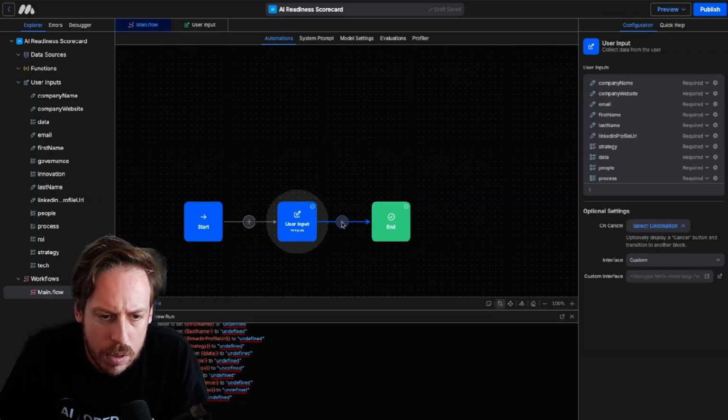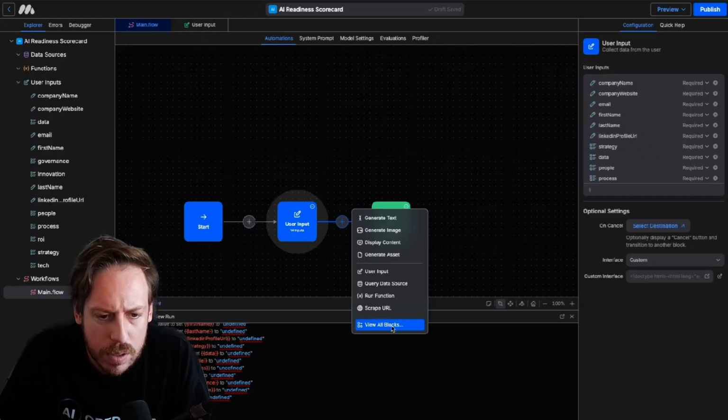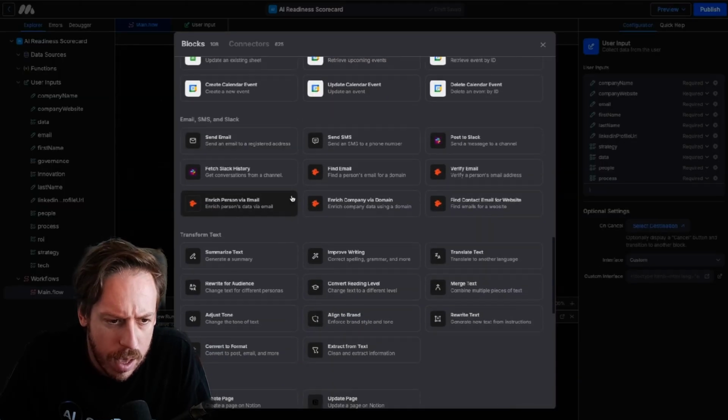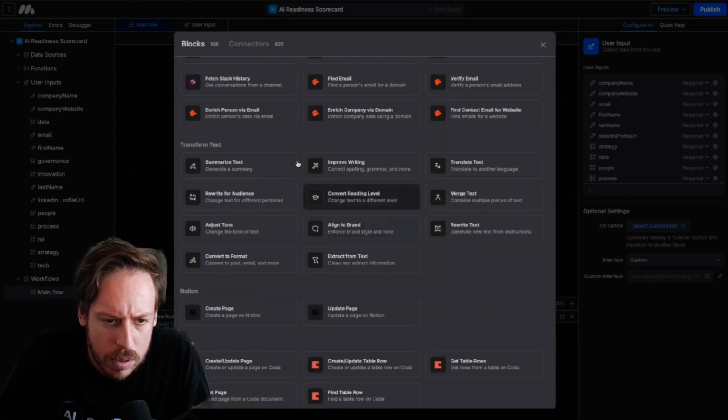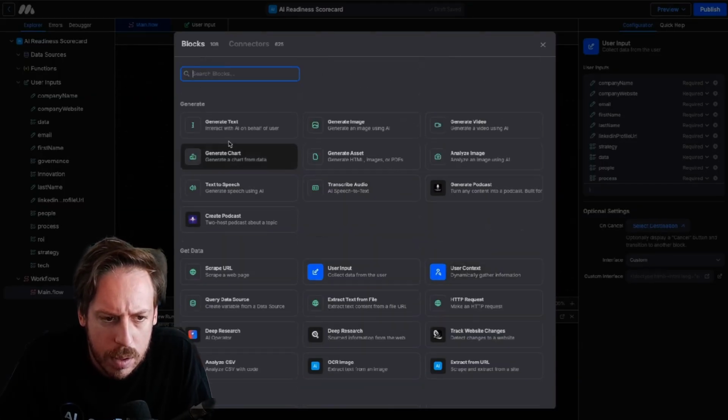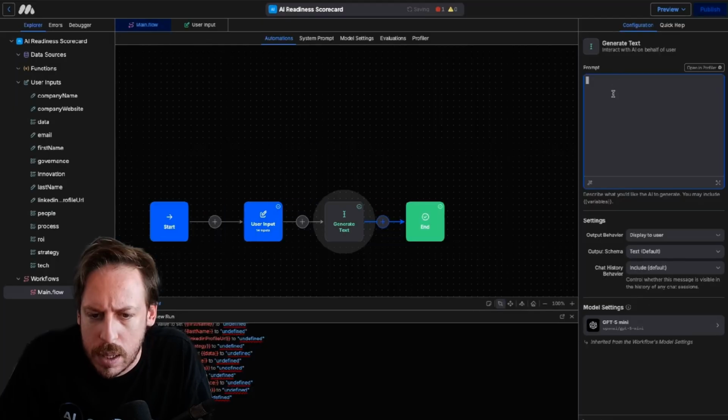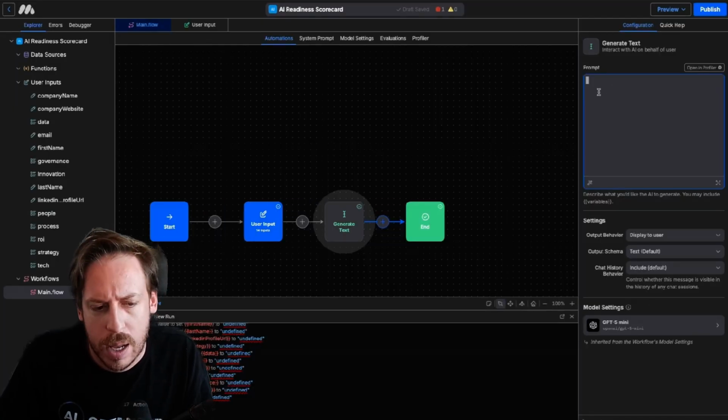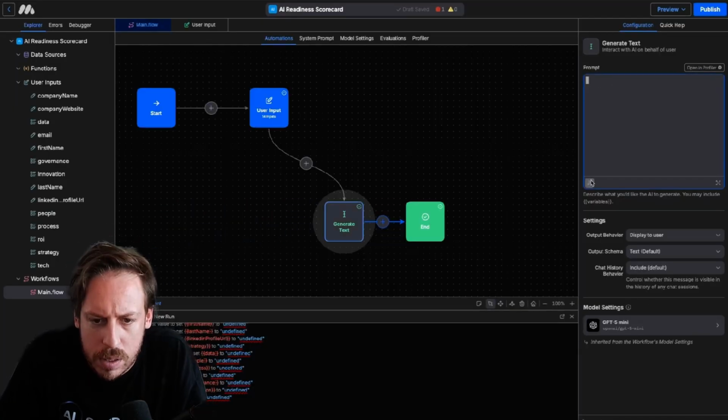Now I want to do, of course, some AI here. We have some new blocks as well. I think they have some new transform text blocks, which is really cool. But I'm going to use a generate text block. And then I'm going to start creating my prompts to analyze the inputs. I'm going to go with something like